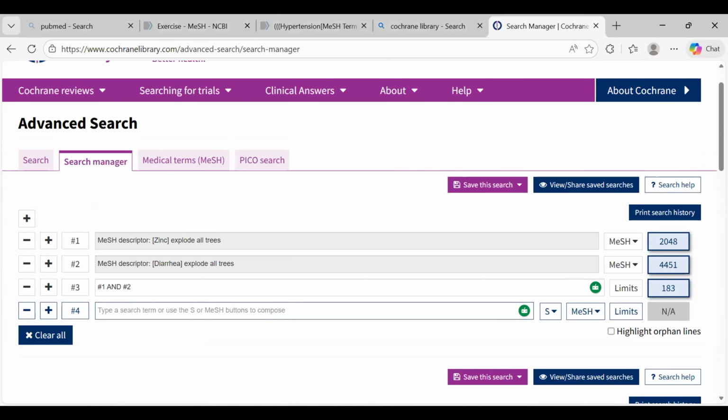Okay. After downloading, you can just import the citation into the software that you use to do the screening. Like maybe you can use Covidence, you can use Rayyan, or you can use the reference managers to do the deduplication first, because after you have done your search and downloaded the citation search results, you have to deduplicate